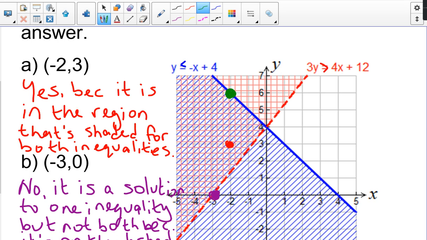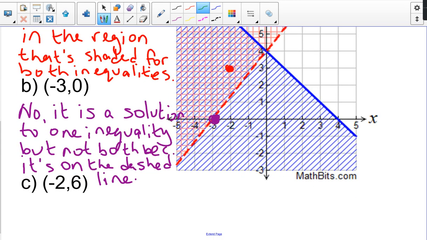But this line is different than the previous point, that purple point, right? Because here we have a solid line. When it's a solid line, it means there was an equal sign in that inequality, and the points on the line are part of the solution set. So the answer is yes. This time the point is a solution because